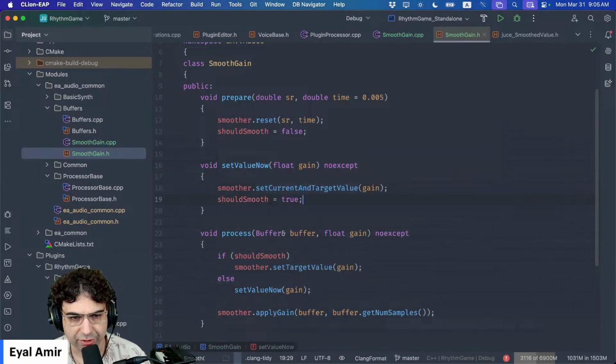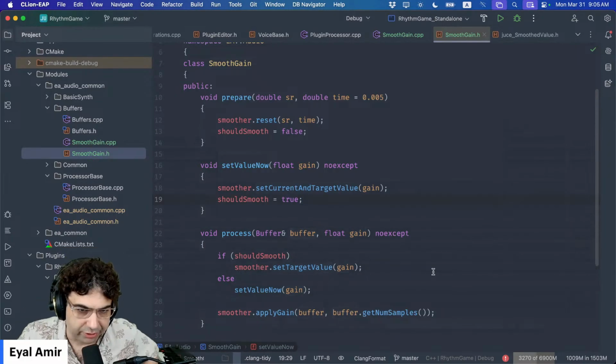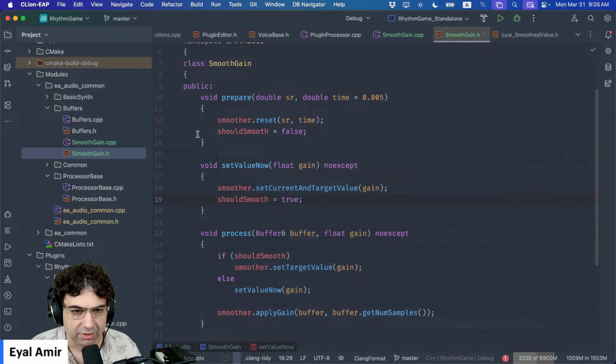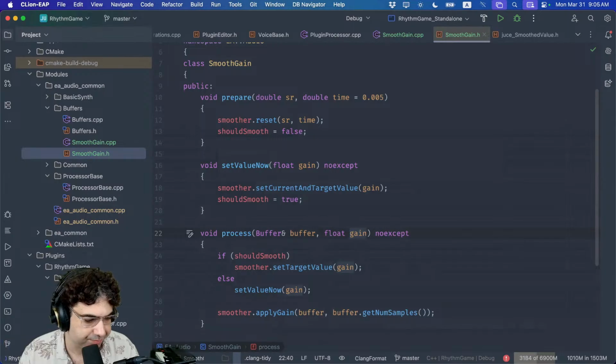And this would just do this. And this can actually work like this, right? So if we're setting, only if we do this, then next runs we're okay with smoothing, but only for this first time we need to force that. So resetting should smooth false, which means next time, whatever next gain you're going to get,